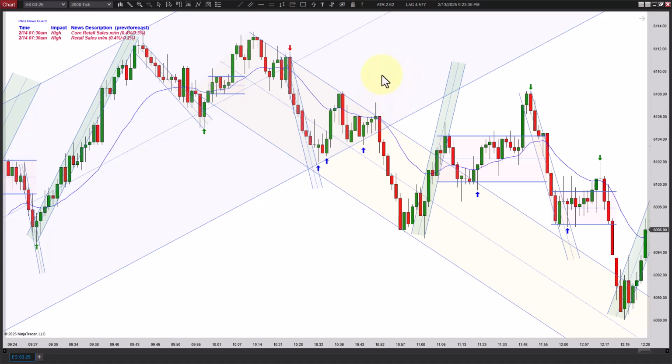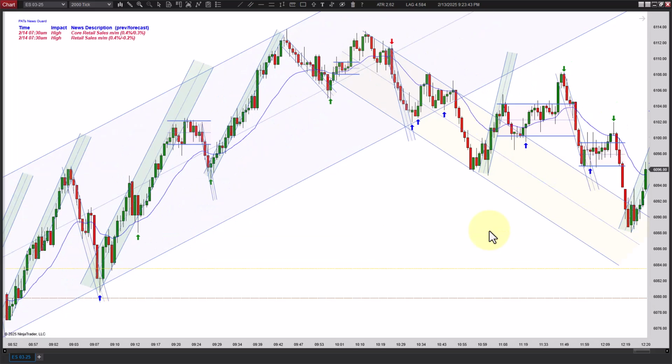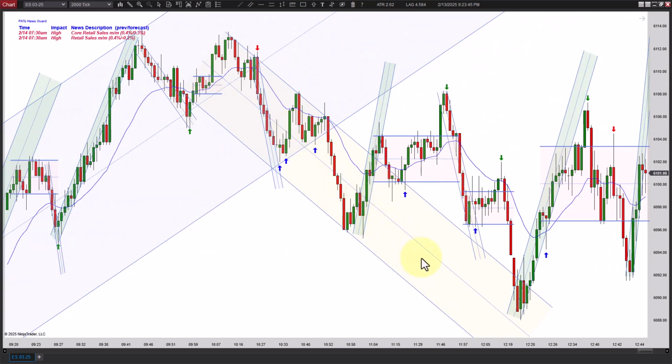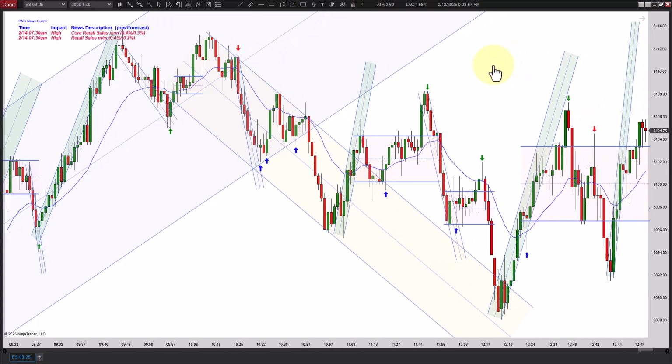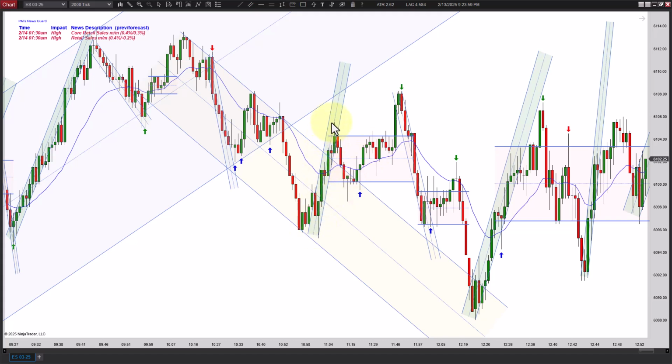I liked it. Honestly, I thought we'd probably break higher and maybe turn down later, but it turns down and you get a break. And so now you got a break of the main channel. But let this one play out first. I mean, there's a chance you could go ahead and go up and make a new high and then come back down. But if it turns back down, let this one play out and then look for a possible new high. But you can see you had this channel working up.